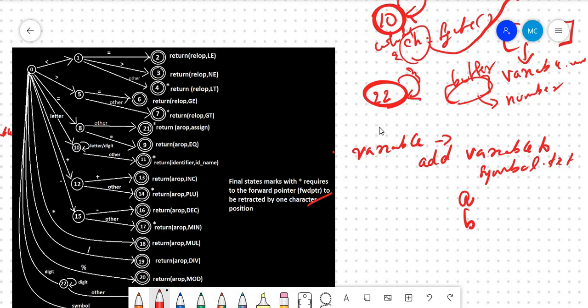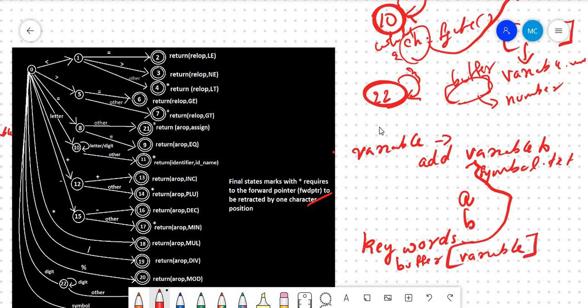Then another thing to do is you have to identify the keywords. Keywords can be identified just like how you identify a variable, except that the buffer which contains the variable should be compared with a predefined list of keywords.